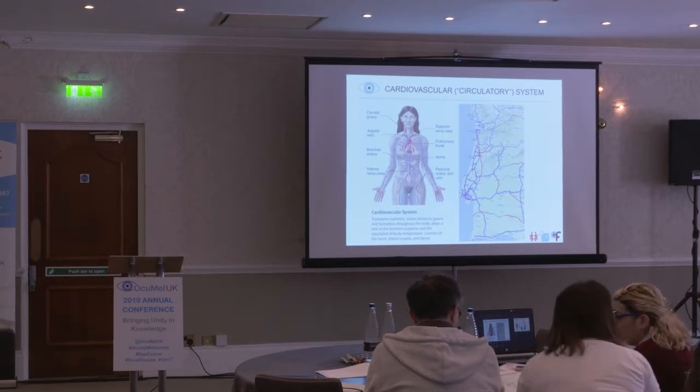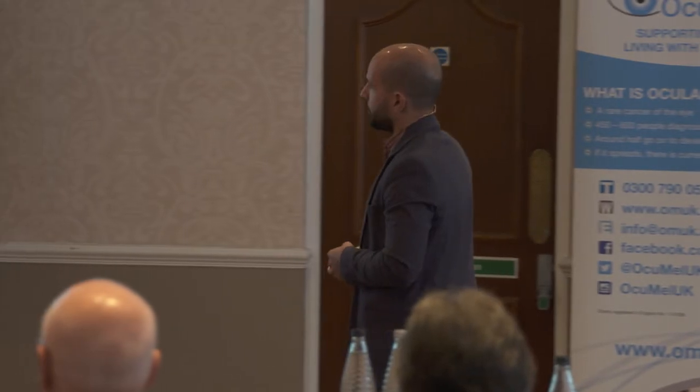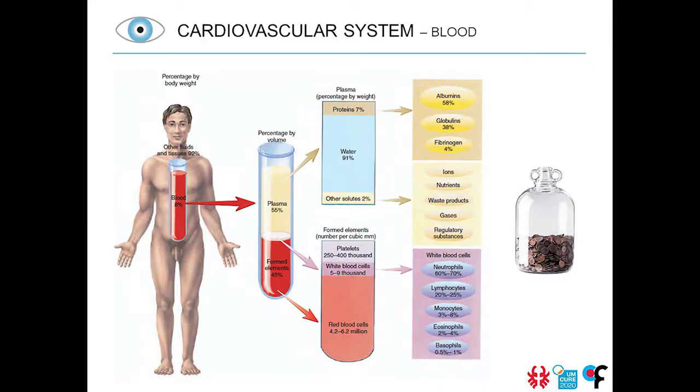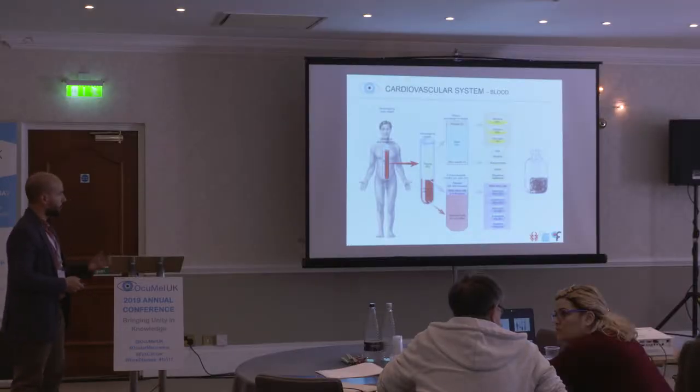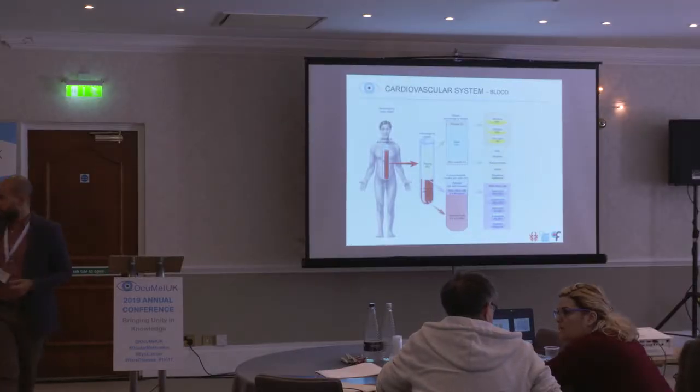So the blood is composed, as we will see, of two different groups of components. If you collect a blood sample and leave it in a tube for a couple of hours, or if you centrifuge it, spinning it around in a machine that makes the heavier elements go down into the tube. Or, for instance, if you compare it to a bottle with water and coins inside, the coins will go to the bottom with gravity. The same happens with the blood.